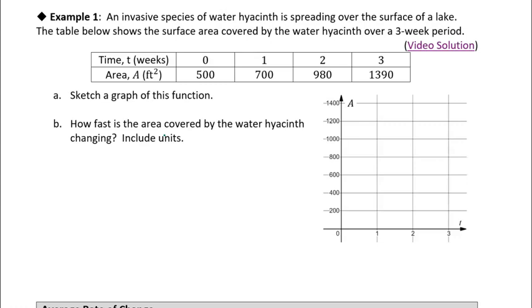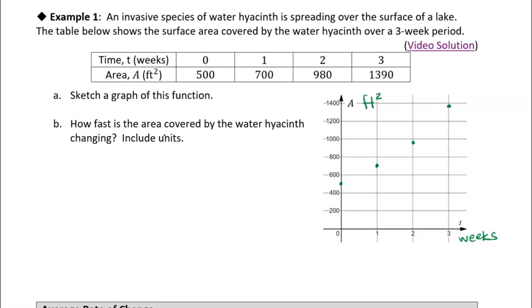Okay, so I have time on the horizontal axis. Time is in weeks, so I might make a note of that. And then the area is in square feet. That's on the vertical axis. Okay, so we're just going to plot these points. So at t equals 0, we're at 500. After 1 week, we're at 700. At the end of the second week, we're at 980, so maybe about there. And then finally, the end of the third week, we were up to like 1,390, so nearly 1,400, so maybe